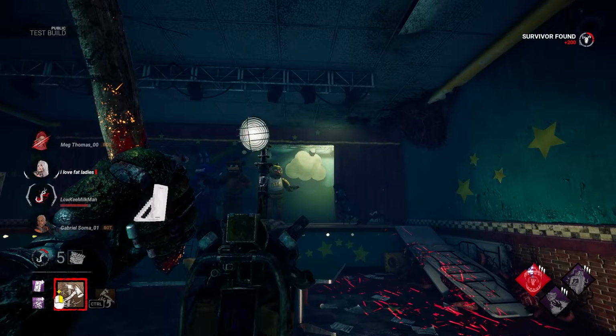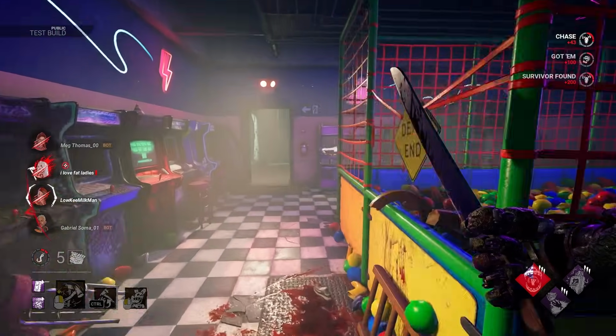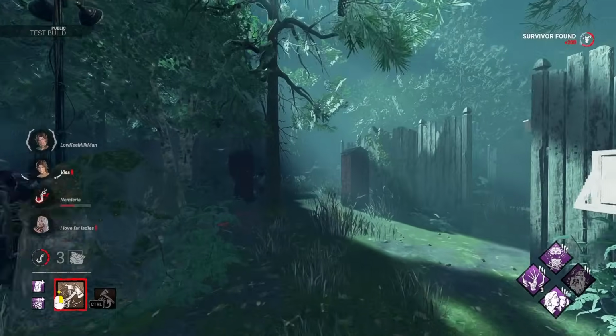The best part is, that isn't the only thing to help you do this. Not only can you see the axe through walls, which tells you exactly what direction they're going, but if you manage to catch them in the open,